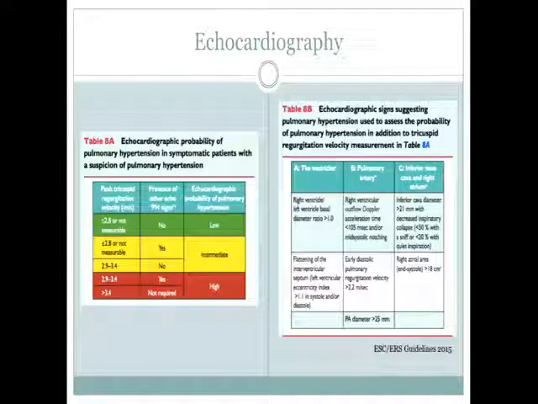The reason for that is you can estimate PA systolic pressures based on the modified or simplified Bernoulli equation if you measure the tricuspid regurg velocity as well as the right atrial pressure. And the right atrial pressures were estimated based on the size and respiratory variations in diameter and flow in the IVC. They mentioned that there can be a lot of inaccuracies when estimating right atrial pressure. And so they've decided to take that out and instead just look at the tricuspid regurg velocity at its peak,